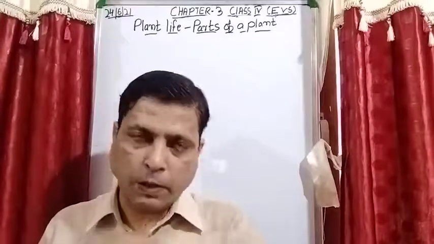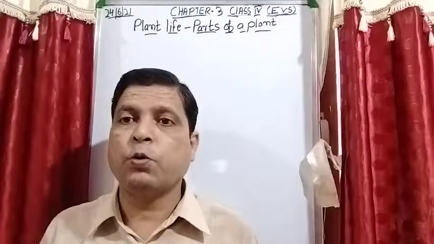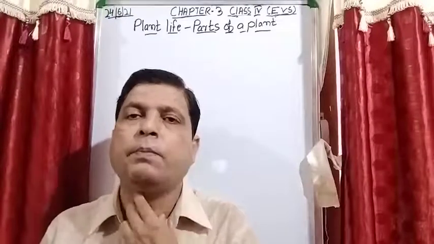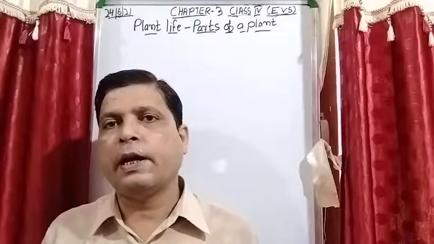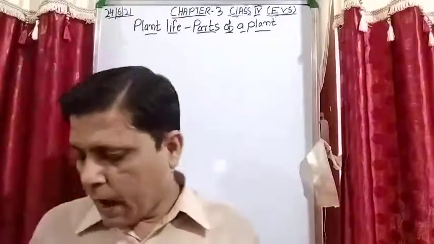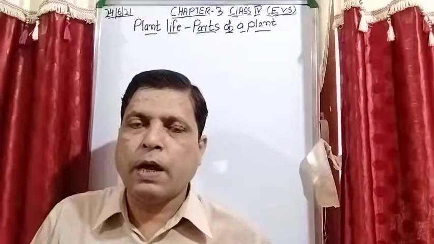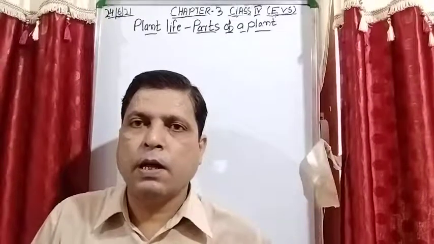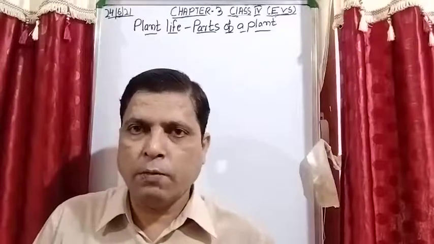After that I explained what photosynthesis is, how the plant makes its own food by using water and carbon dioxide in the presence of sunlight and chlorophyll. And some leaves also store extra food in them, and we eat those leaves, like mint and cabbage. So this is the recapitulation of what we have done in the previous video.